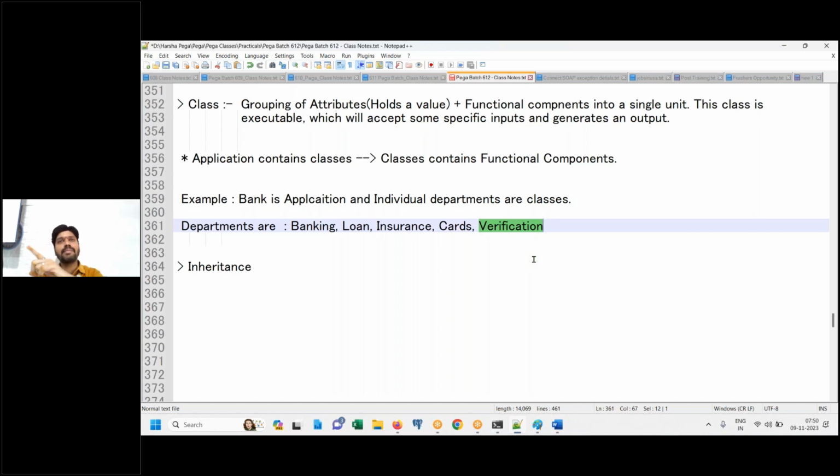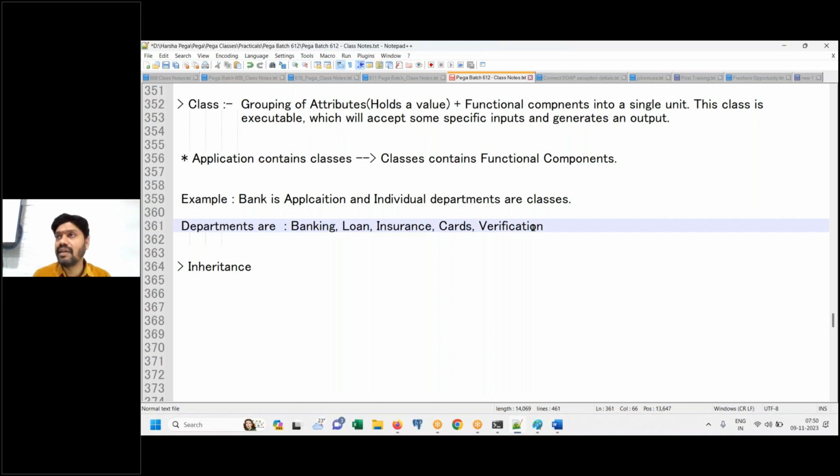They will go to the income tax department and say, this is a candidate who is requesting a loan. He submitted some tax details. I want to know whether they are genuine or not. Please give me genuine data. They will ask whether he is a reputed and registered person with the income tax department. They will do verification while you are taking a bank account. The banking department may need help from verification. While you're taking a loan, this department may need help from insurance and cards.